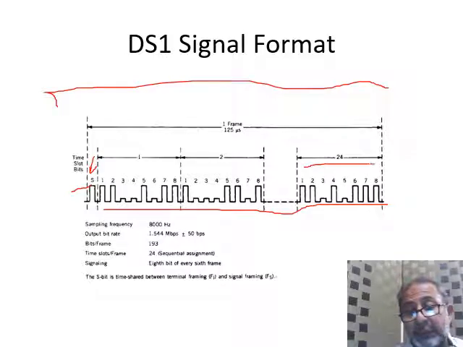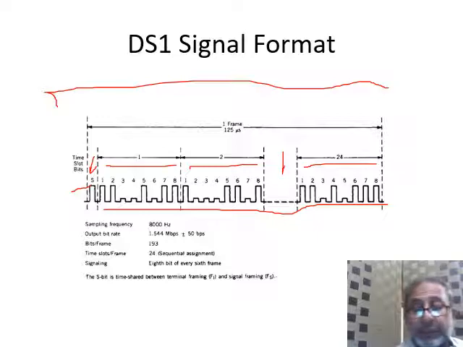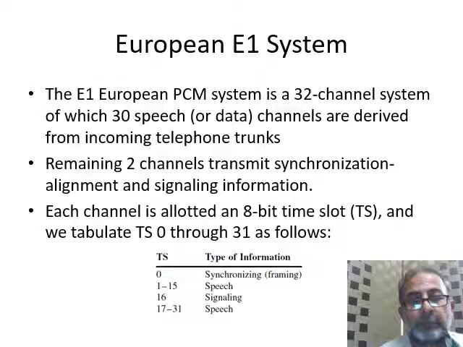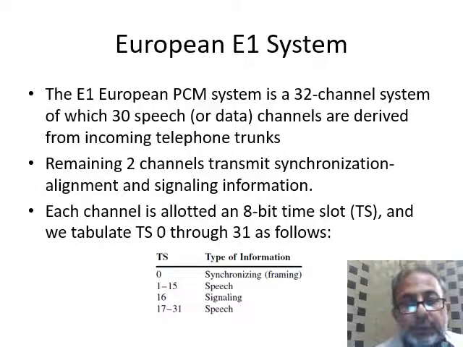In this time slot we've got 8 bits, 8 bits, 8 bits, and every time slot has 8 bits. So in this way we have the bit rate. How many bits are available in this frame? 193, right? Now in the European E1 system, what happens is that it consists of 32 channels,